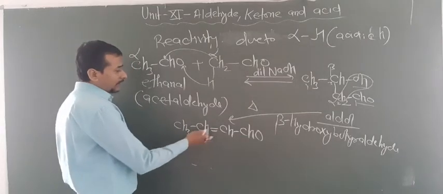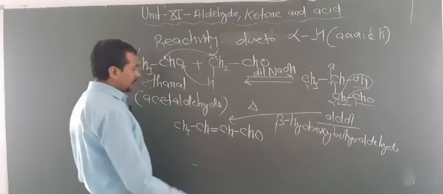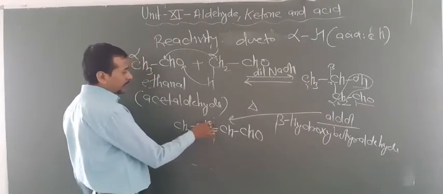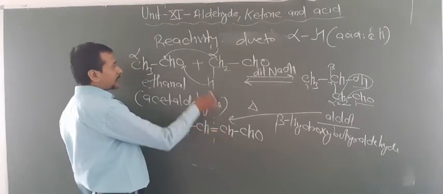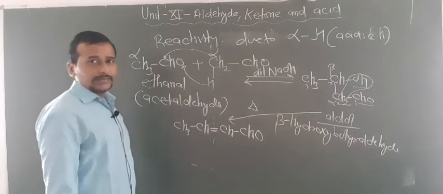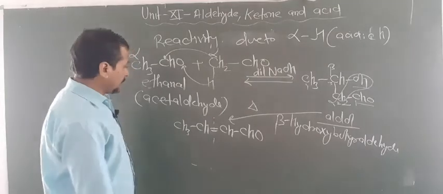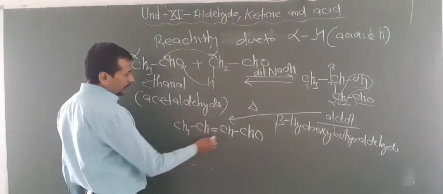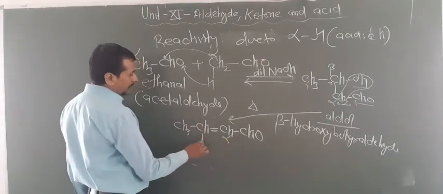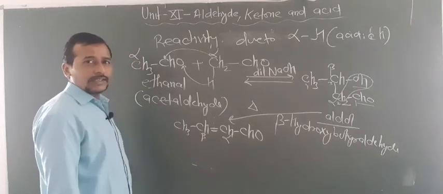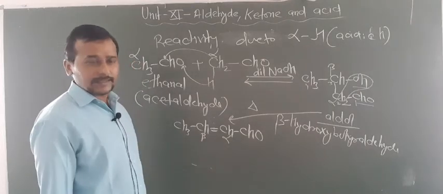Now you can know whether your product is right or not. So you can break this bond and add one O here and 2H here. You reverse back to the reactant. So by this way you can also confirm that your product is correct. Okay dear students. Now look at here, this is known as alpha and this is known as beta. So that's why this is known as alpha beta unsaturated aldehyde.